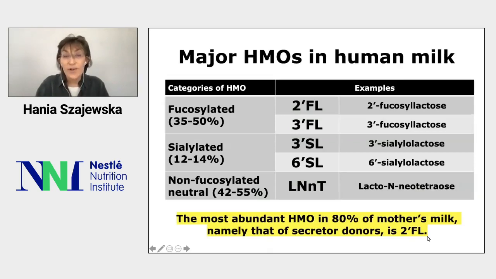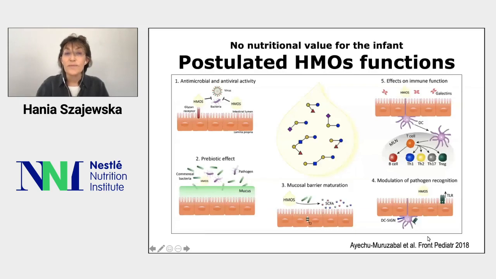On this slide, I summarize major HMOs in human milk. They are fucosylated, with a fucose added in this basic structure added to lactose, sialylated, with a sialic acid added, or non-fucosylated neutral HMOs. The most abundant HMO in 80% of mothers' milks, namely that of secretor donors, is 2-fucosylactose,